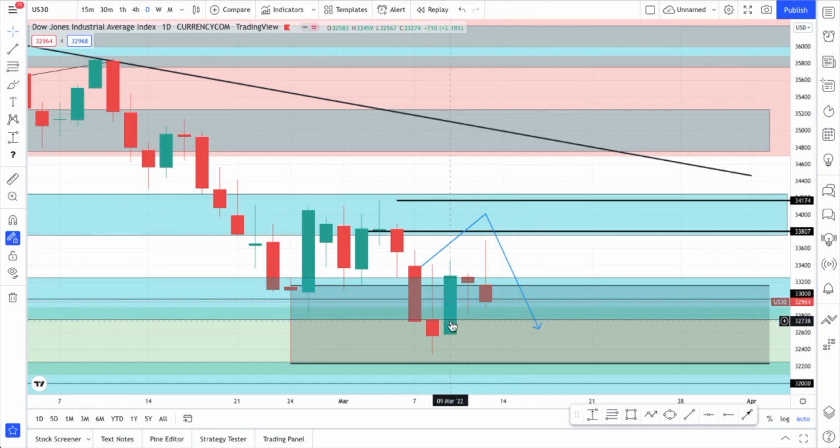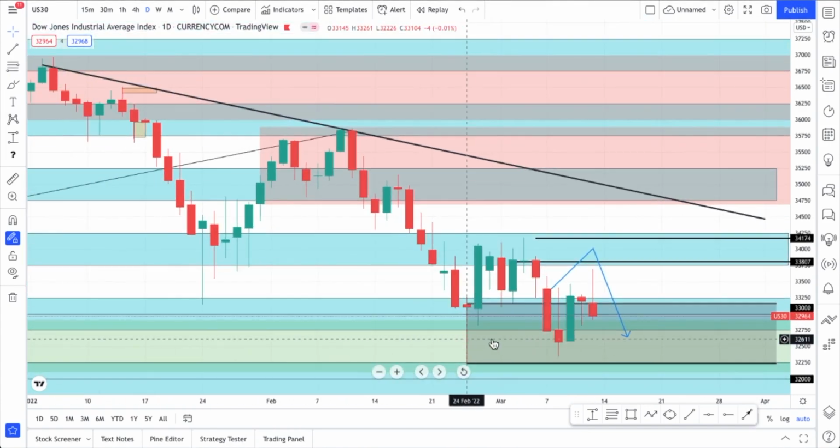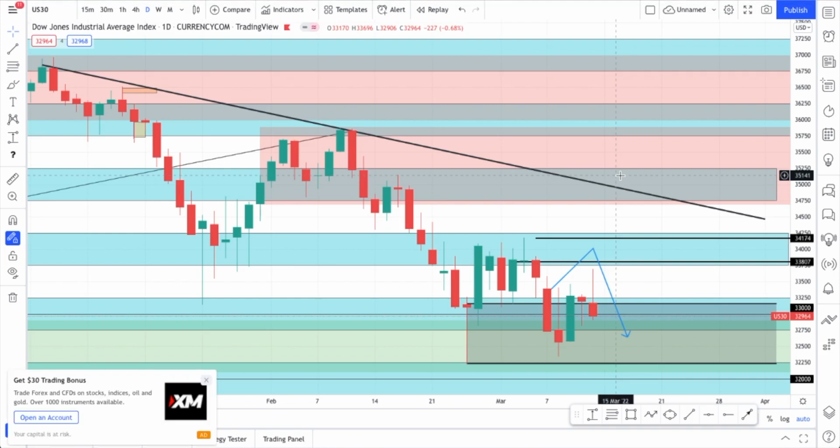If we turn back to a risk on market condition, I would believe that prices could bounce off from this zone here and begin to take out these levels of daily and weekly supply. So with that yet to happen, it is a waiting game to see whether a catalyst will occur which could change the whole outlook of the market. So with that being said, I'll now move on to oil.